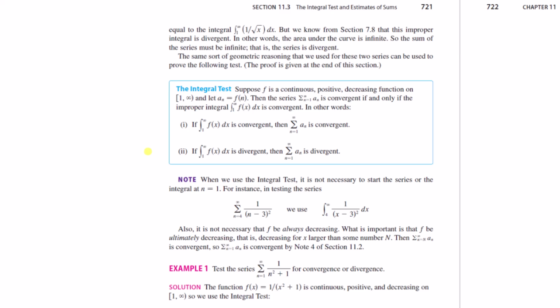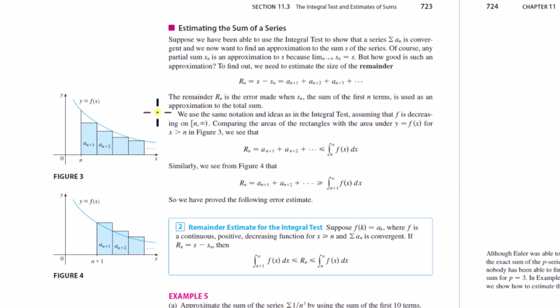But there was some flexibility on that we talked about in the previous video. So the idea is, again, what we're about to learn here is a way that if you're dealing with a series, if you wanted to apply the integral test for convergence to it, it would satisfy the criteria to apply that test. Then if you're going to calculate an approximate sum, just by plugging in a big N value into the summation,